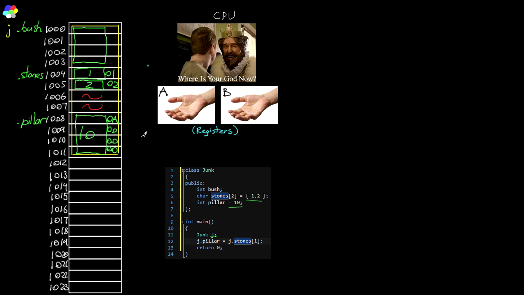Basically, the CPU, when it's loading from memory, has a preference of where it wants to load stuff from. An integer is 4 bytes, and it's going to want to load those from addresses that are a multiple of 4. So loading from 1000, that's great. Loading from 1008, that's good. From 1004, it can load an int from there. But if you told it to try to load an int from 1001, from here, it can do that, but it's not going to be happy with you,